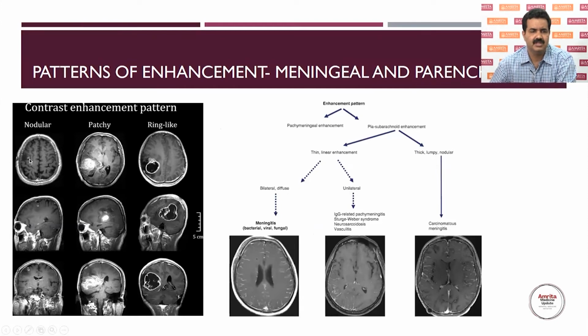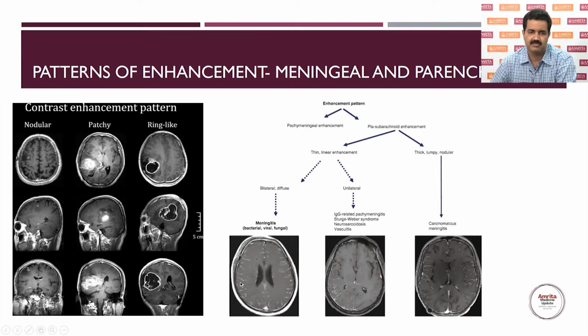So we can see different types of enhancement. Nodular enhancement here, where you get meningeal deposits of nodular secondaries, or you can have patchy enhancement, or ring-like enhancement. This is our focus of discussion, ring-like enhancement. This is actually a large glioblastoma lesion with irregular enhancement. We'll come to that later. It can be pachymeningeal enhancement, or it could be subarachnoid enhancement. This could be thin linear enhancement. Like you can see here, the pial layer or arachnoid-pial layer is involved rather than the dural layer. Dural enhancement is outside, and the pial enhancement can be into the sulci.